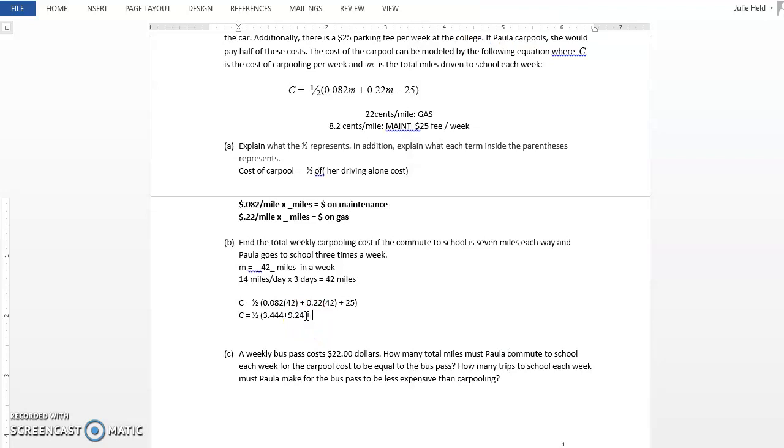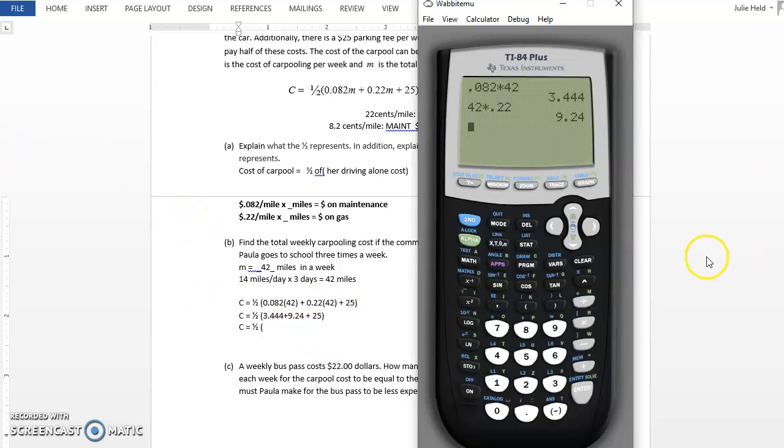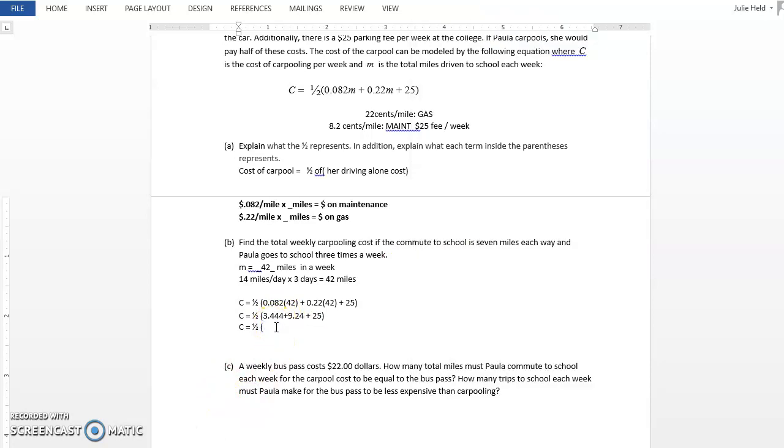And then I'm going to add $25 to that. So if I find the total inside, 9.24 plus 3.444. I'm not going to bother to round yet. I'll do that at the end. And then add the 25. 37.684 is